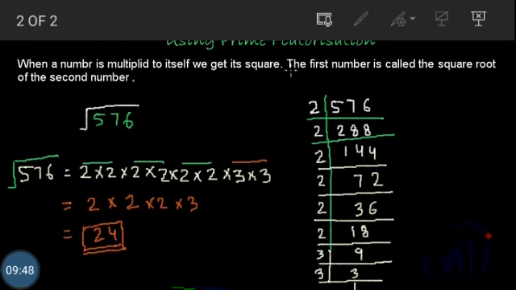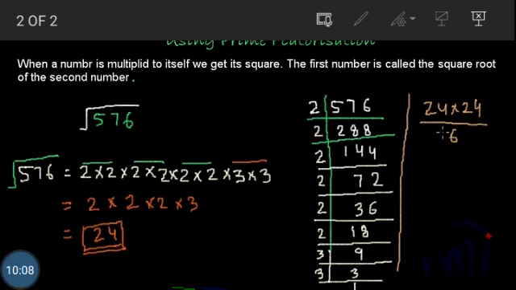Yes, and do you want to cross check it? I'll cross check it over here. So if 24 is the square root of 576, then when 24 gets multiplied by 24, we should get 576, right? 4 4s are 16, 1 carried forward, 4 2s are 8 plus 1 is 9, 2 4s are 8 and 2 2s are 4. And then if I add this, I'll get 6. 8 plus 9 is 17. 1 carried forward, 4 plus 1 is 5. So 24 is the square root of 576.